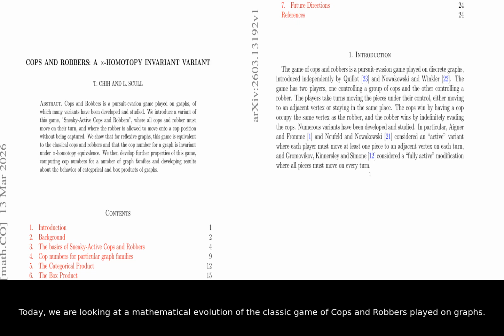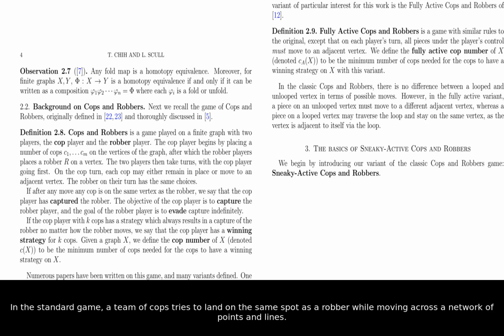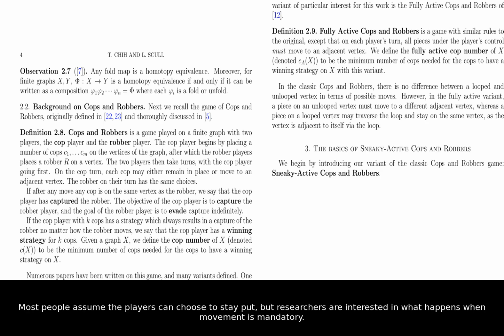Today, we are looking at a mathematical evolution of the classic game of cops and robbers played on graphs. In the standard game, a team of cops tries to land on the same spot as a robber while moving across a network of points and lines. Most people assume the players can choose to stay put, but researchers are interested in what happens when movement is